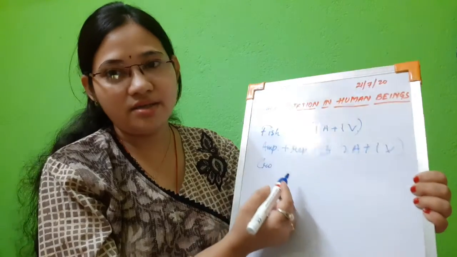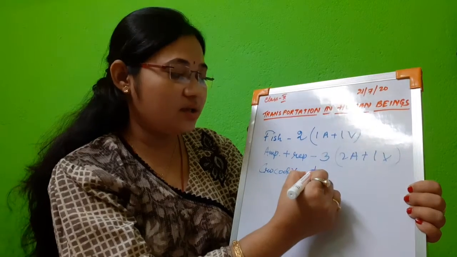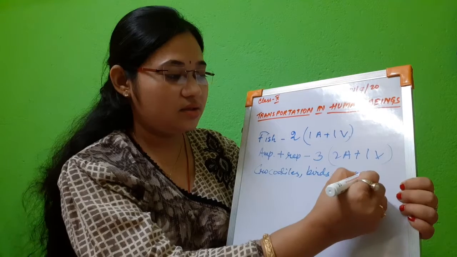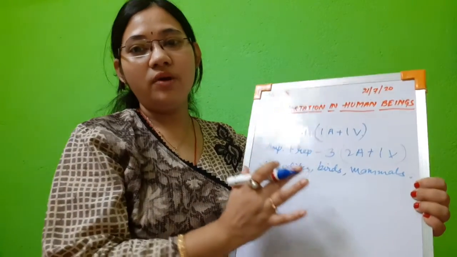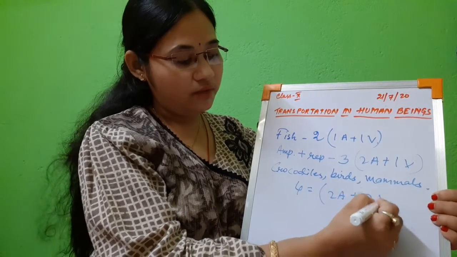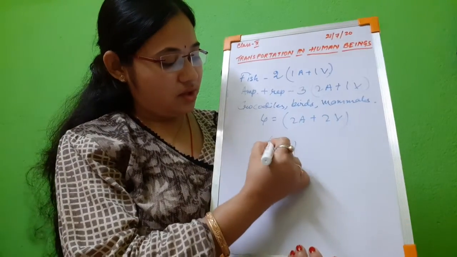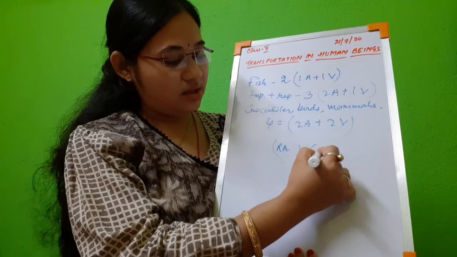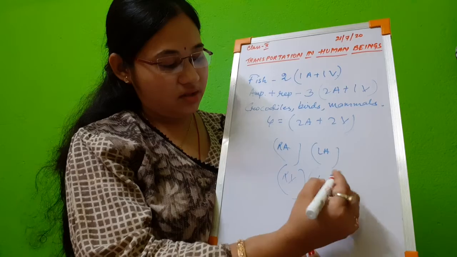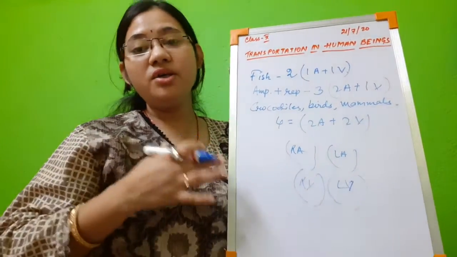Now let us see the case of crocodiles. Crocodile is an exceptional reptile. In case of crocodiles, as well as birds and all the mammals like human beings, here they consist of four chambers. That means two auricles and two ventricles. We have already seen the diagram of auricles and ventricles. Here we know the right auricle, this side the left auricle, this side the right ventricle, this side the left ventricle. So in this way the chambers are all separate.